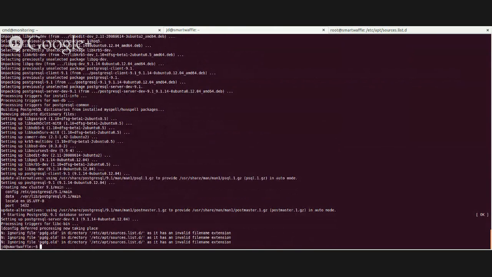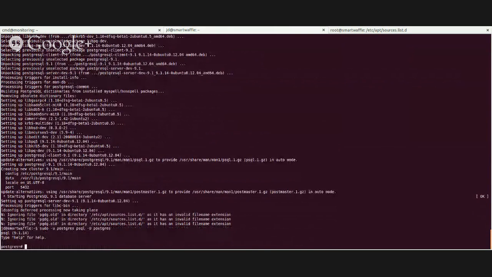It's part of showing how things break. Now let's test this. sudo -u postgres psql. I'm in. Postgres is running 9.1.14, which honestly I don't even know if that's the most current version,